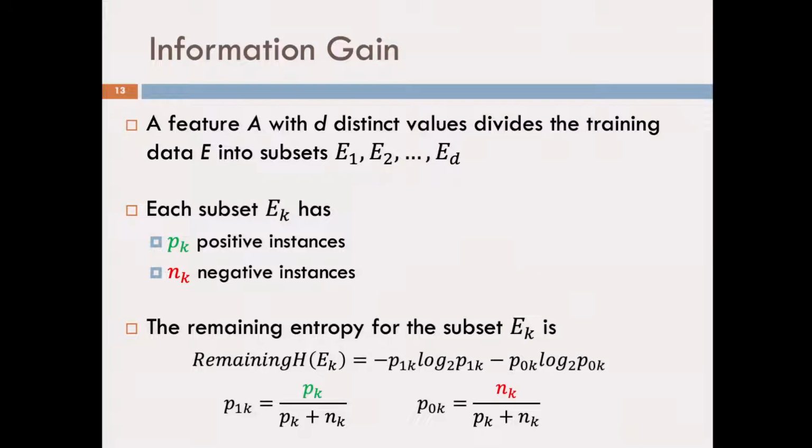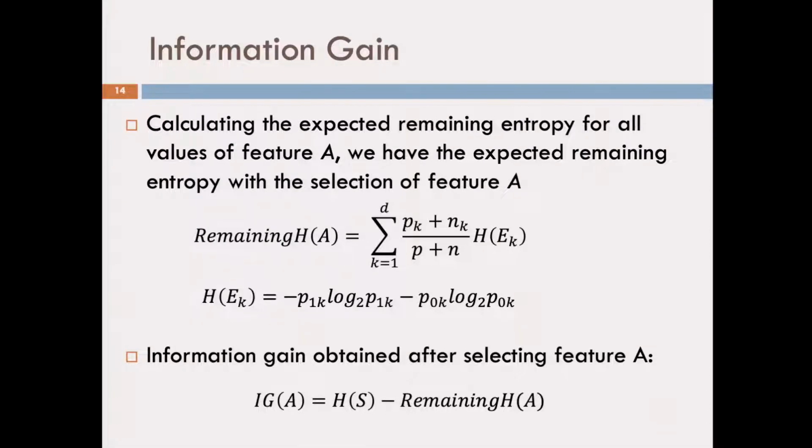So we are going to calculate the entropy for each of the subsets that result from the division of the entire set after using a feature. So we use a feature, it results in, I don't know, P subsets. We calculate the entropy in each of these P subsets. We are going to calculate this. Okay. And after calculating the entropy in all of the P subsets,